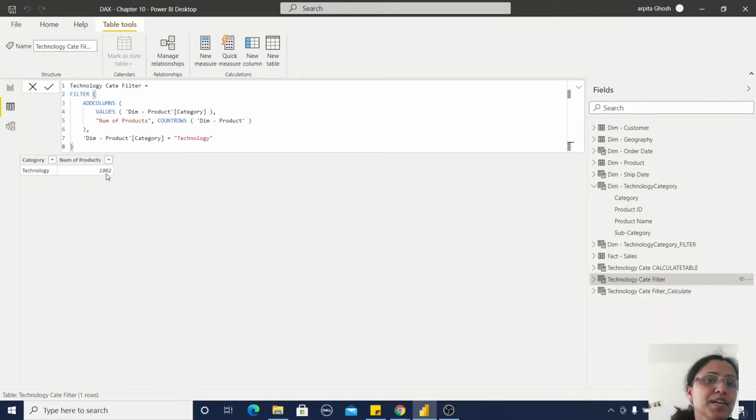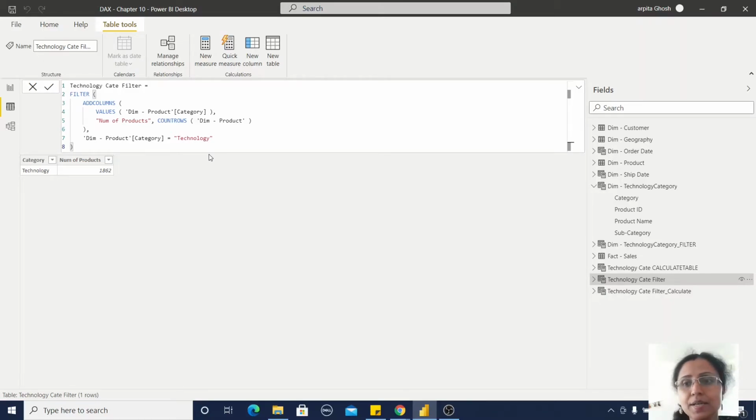You can observe it is displaying 1862 as the total number of products. That means it is not considering these filter contexts. So here is the difference. With the same function definition, CALCULATETABLE provides the result considering the filter context, but the FILTER function is not considering the filter context, it is directly giving you the total number of products.